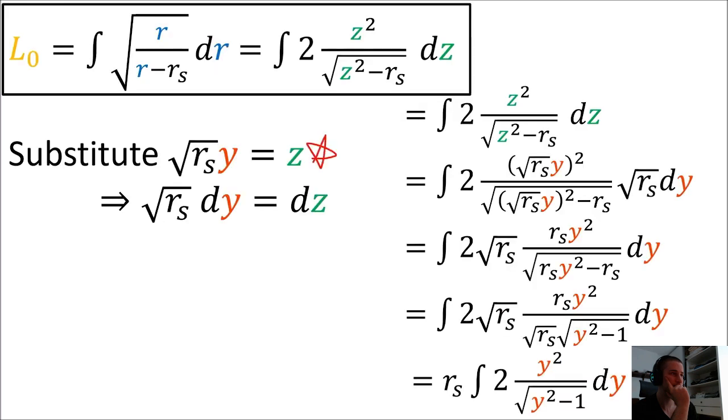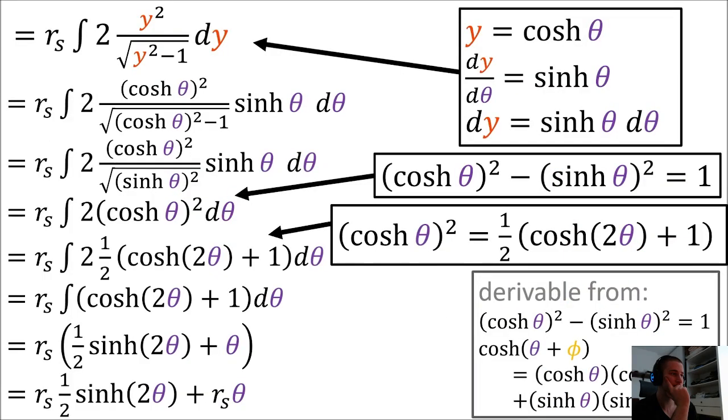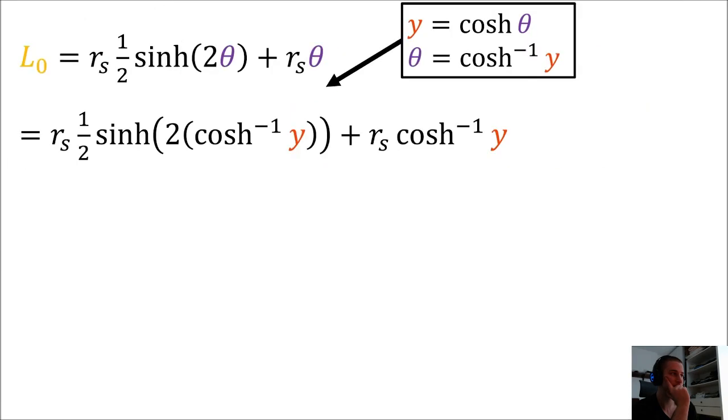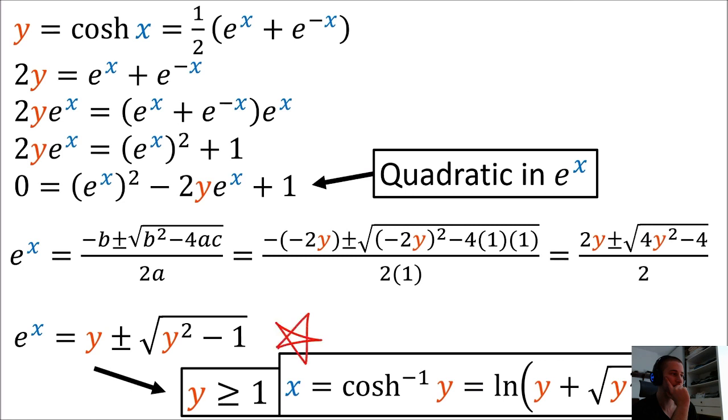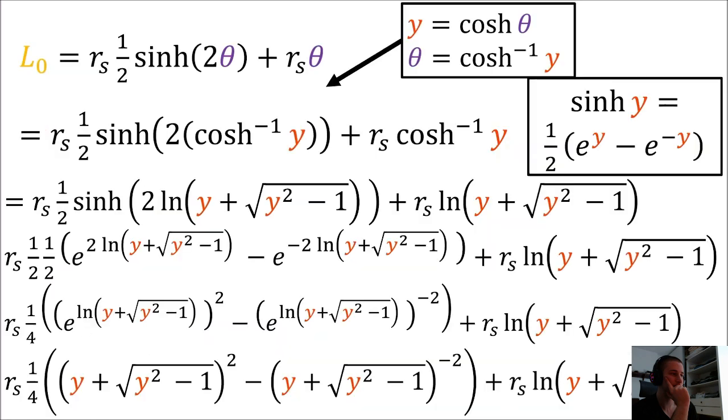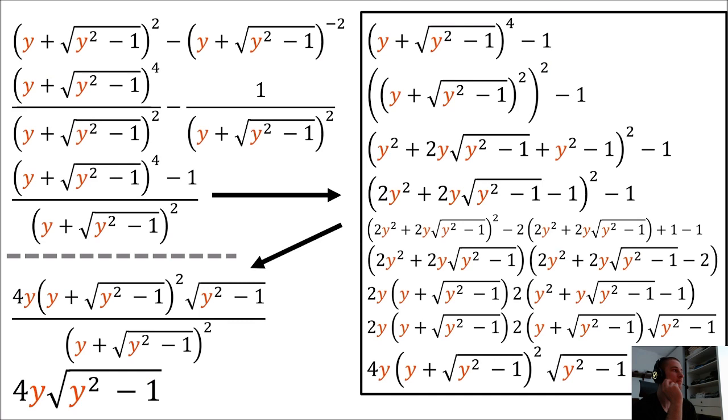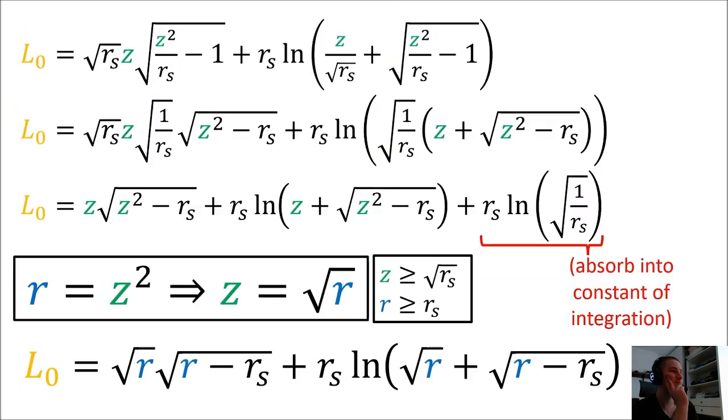We change variables to y to turn this into a 1, do another substitution with hyperbolic cosine, change back to y, use this identity to convert inverse hyperbolic cosine to a natural logarithm, plug that in, do some algebra, change back to z, and finally change back to r, absorbing this constant into the constant